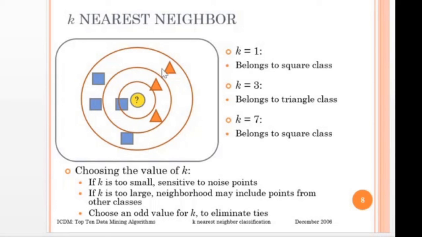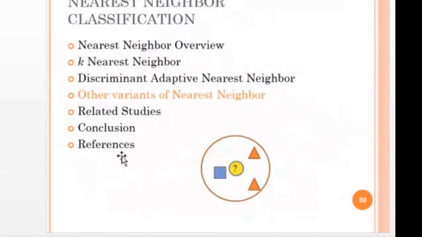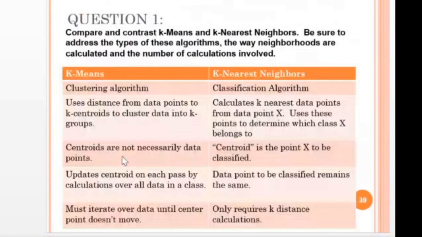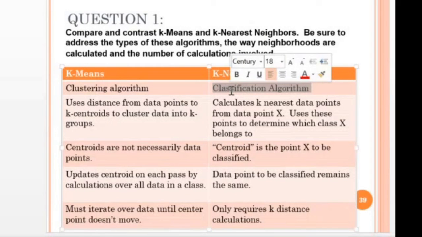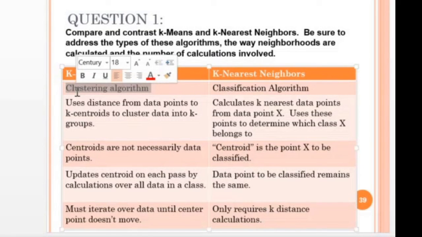So known examples should always be present in the feature space when you are doing classification. In the previous case, you did not require all the examples to be stored at the time of classification. You require those examples only at the time of learning. So this you can understand, a very easy algorithm, there is no problem, I think. Here you were saying that it is a clustering algorithm. No, k nearest neighbor is a classification algorithm. It is not a clustering algorithm. And k-means is the clustering algorithm which you are going to study now. Is it clear?